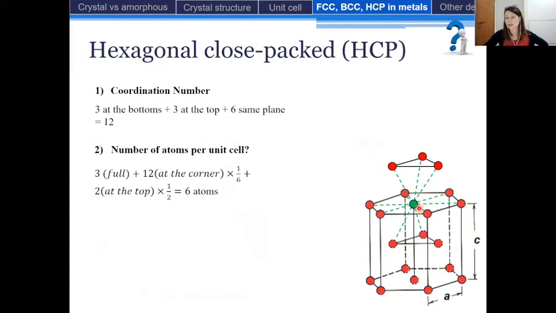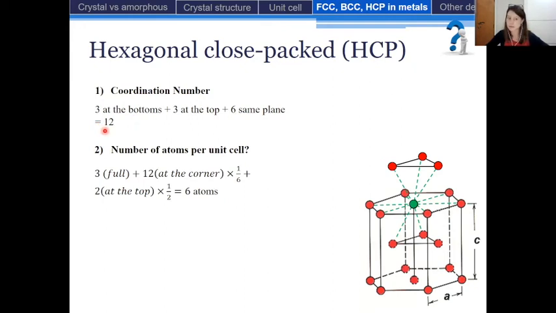hexagon. So this green atom has 3 close neighbors, considering another top layer, so another unit cell. So these 3 atoms are placed in the center of the next unit cell, the unit cell placed above, and it has 3 close neighbors within the unit cell. Okay, that is represented right here. So apart from these 3 plus 3 atoms that are at the center of a unit cell, it has also these 6 close neighbors that form this hexagonal plane. Okay, so 3 at the bottom, 3 at the top, and 6 in the same plane. So it has 12